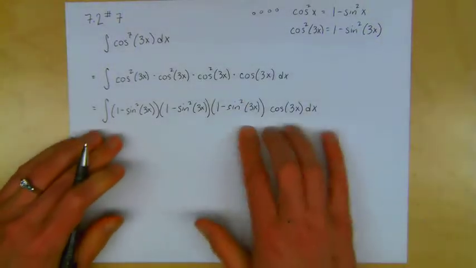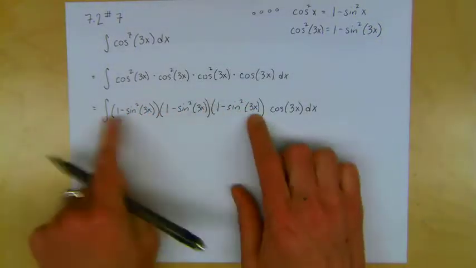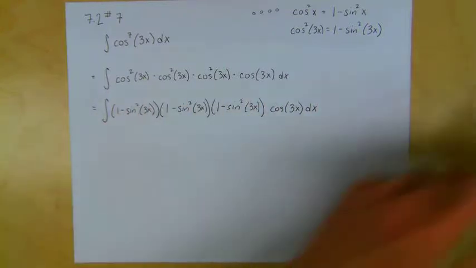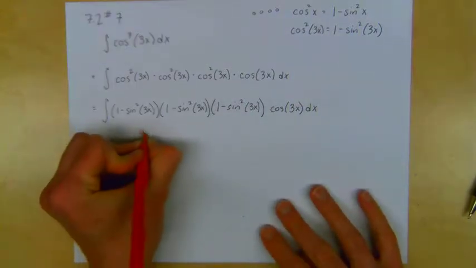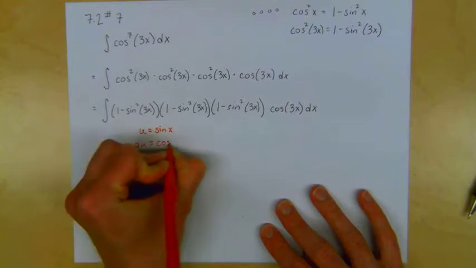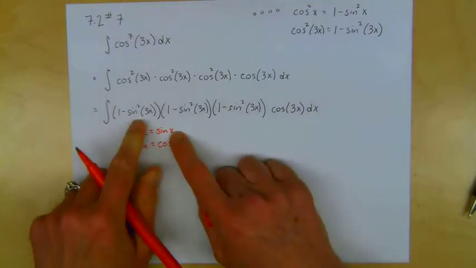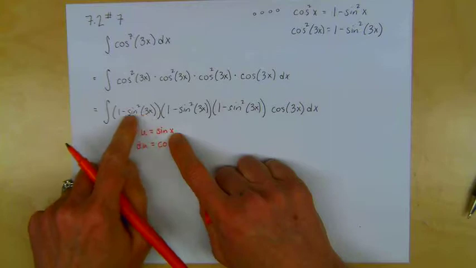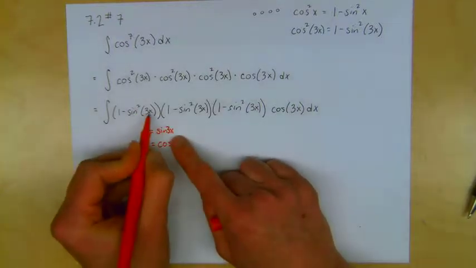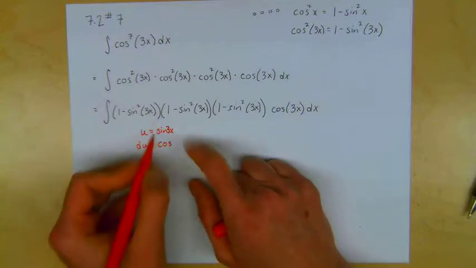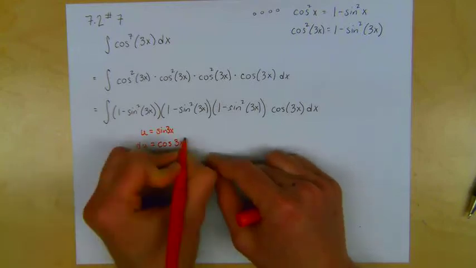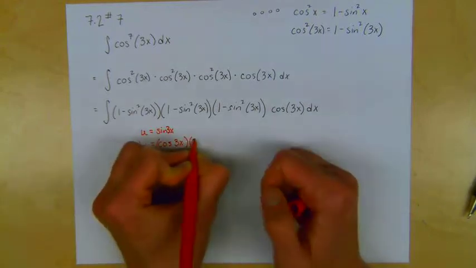So we have a nice setup here. We have a bunch of sine squareds embedded in these messy functions. Wouldn't it be nice, instead of having these sine squareds, I'm going to let u be equal to the sine of x, because that means that du is the cosine of x. Oh wait, u can't quite be sine of x. I actually want it to be sine of 3x, because each of these has 3x in there. That means the derivative is cosine of 3x, but by chain rule, it's also the cosine of 3x times 3